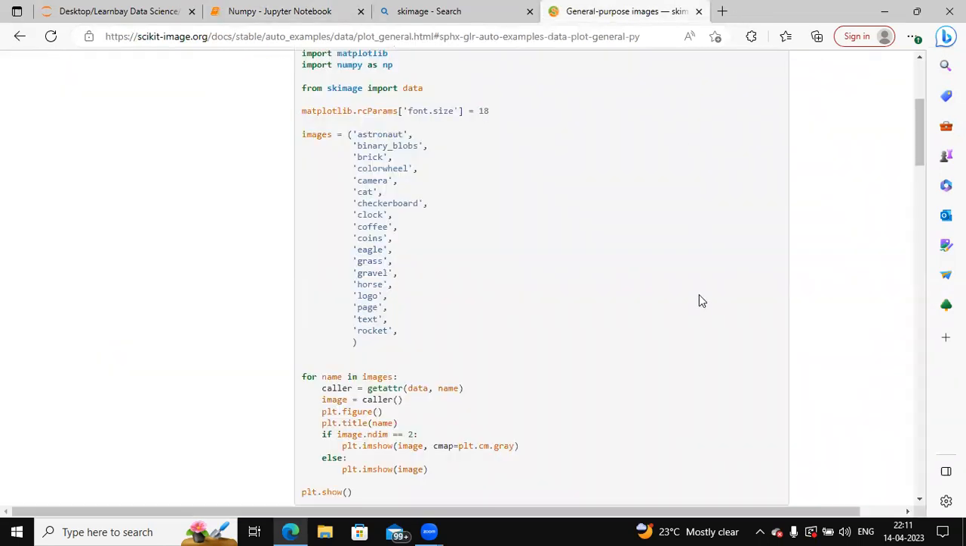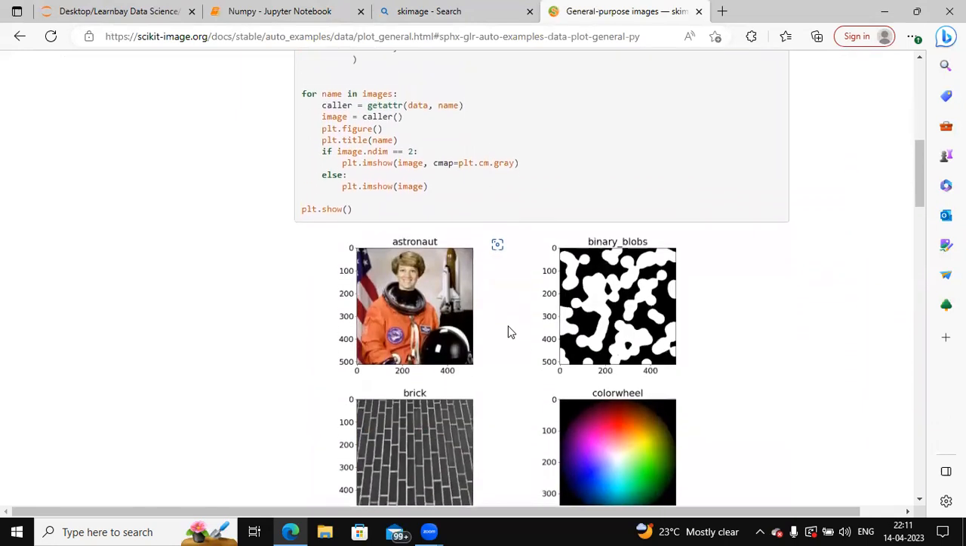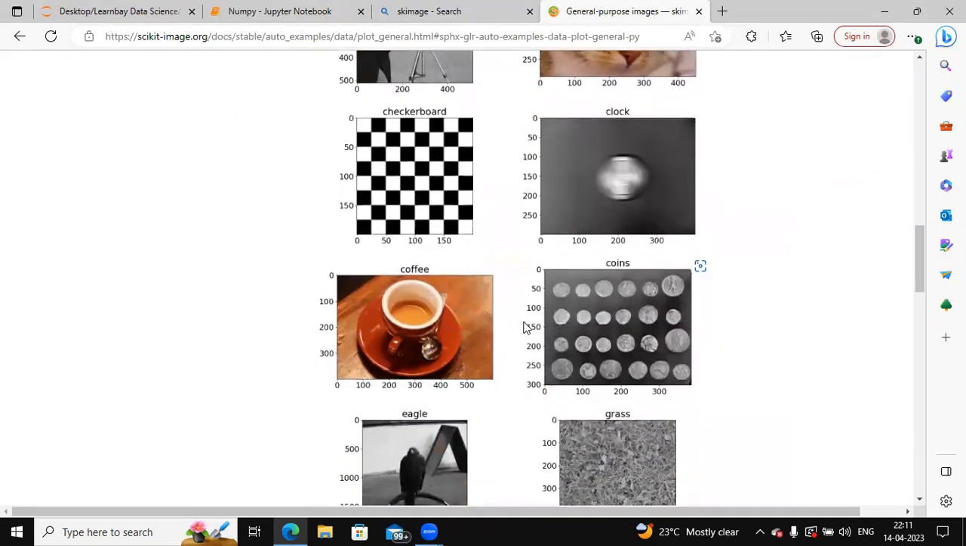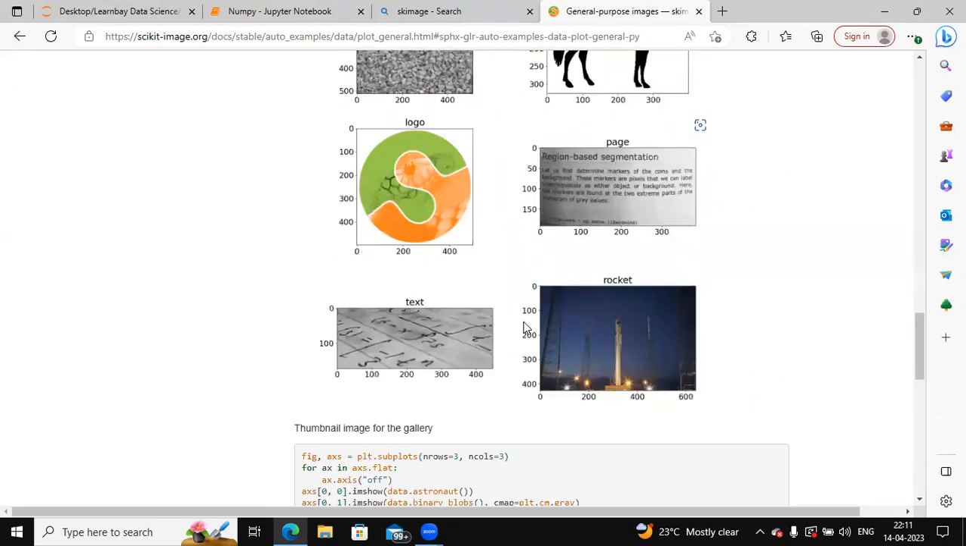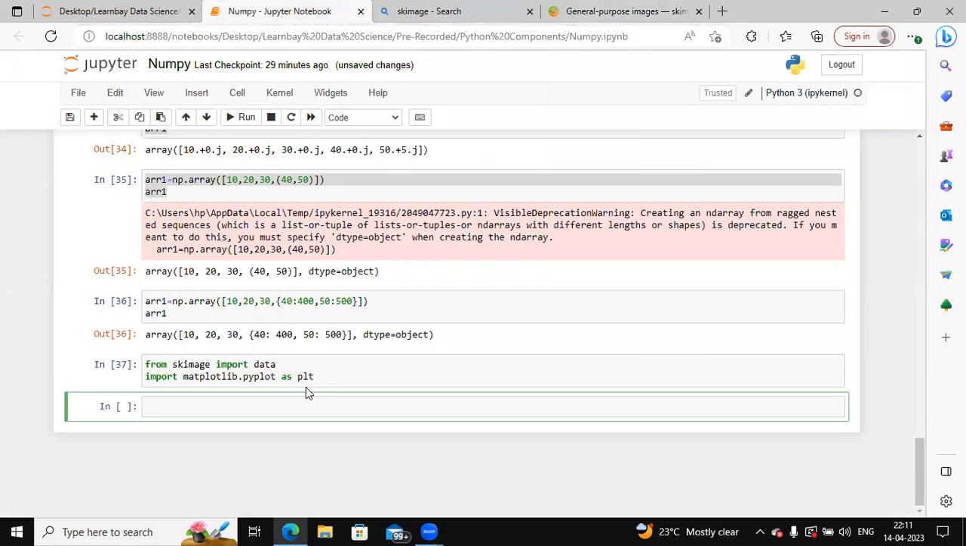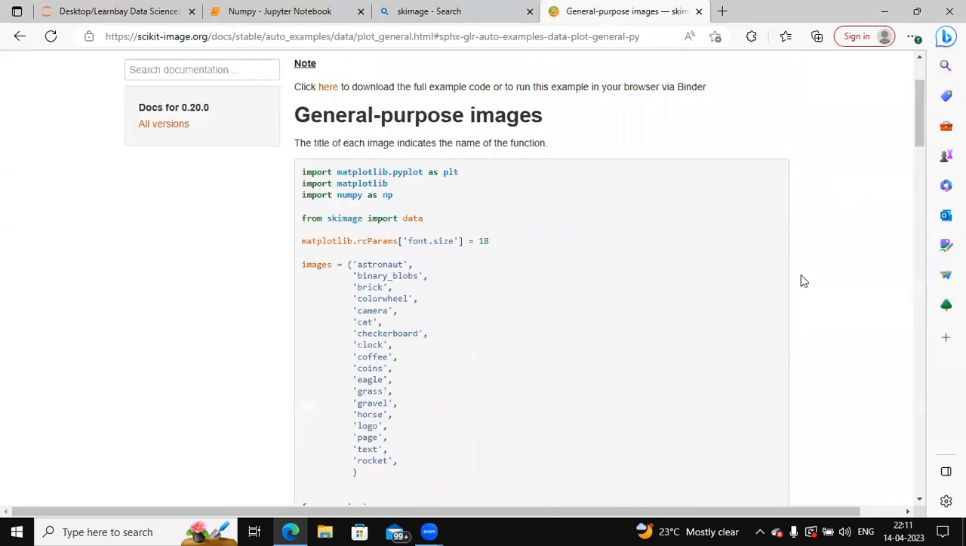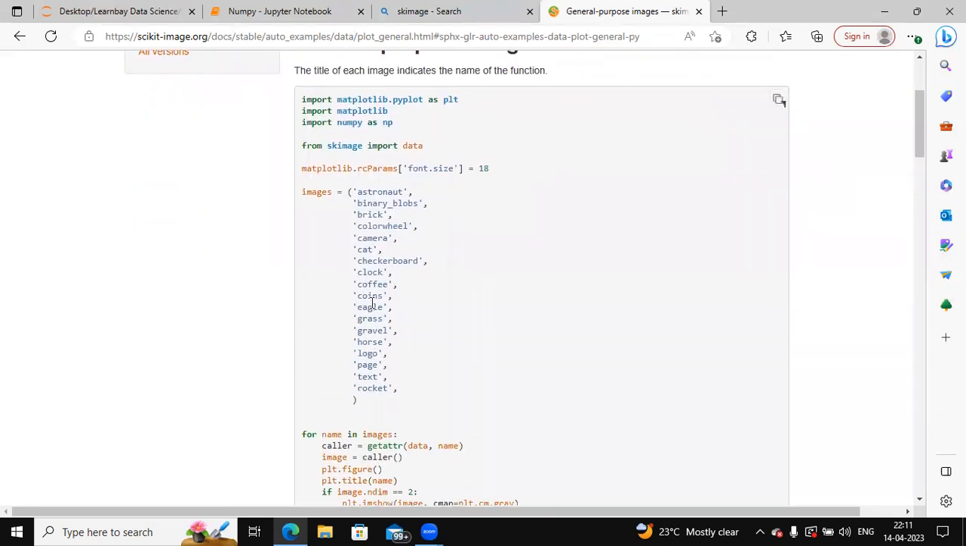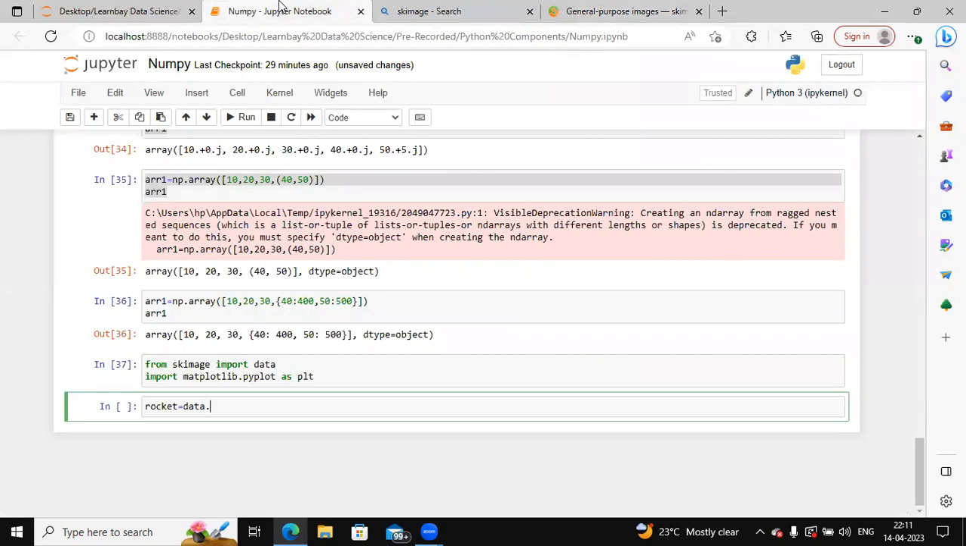Okay, let me see what all images are there inside this. We have the astronaut image, we have a coffee image. Okay, so let me take this rocket image over here. So go to Jupyter Notebook. Write rocket is equal to data dot, this is rocket, right? Yeah, rocket. So write data.rocket. And after that,